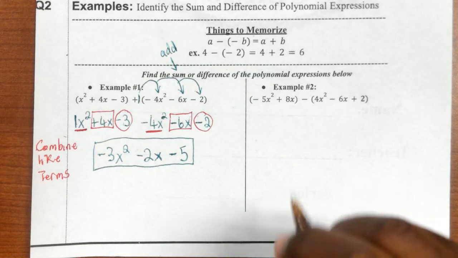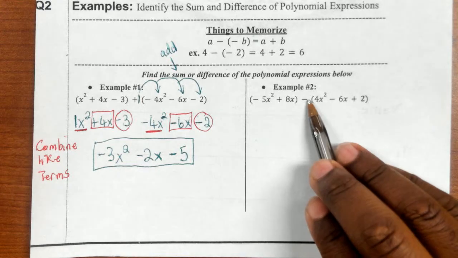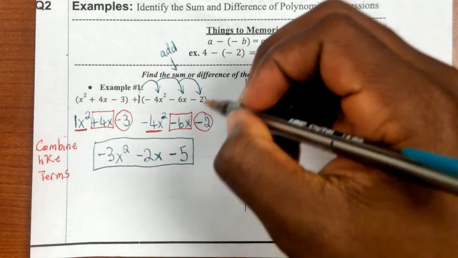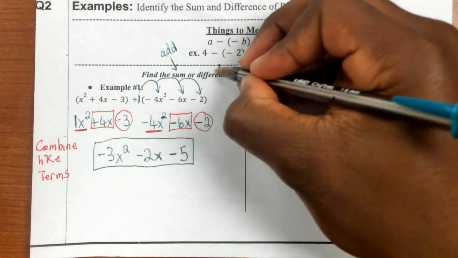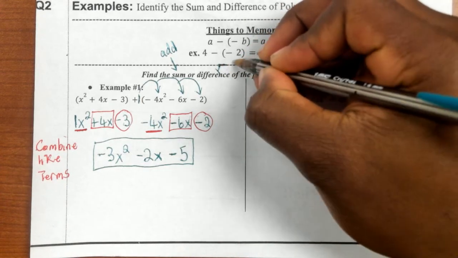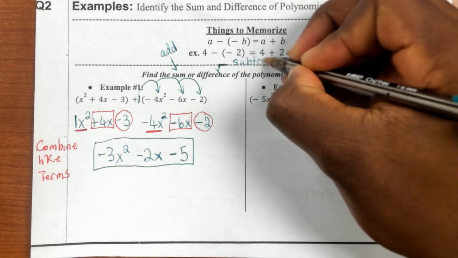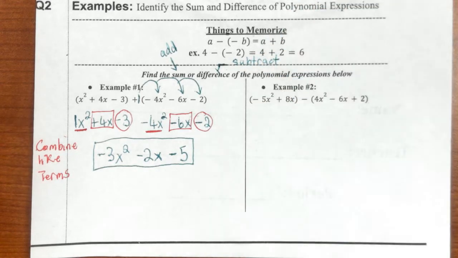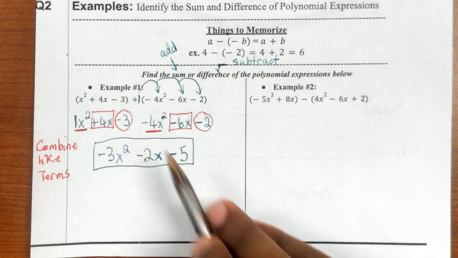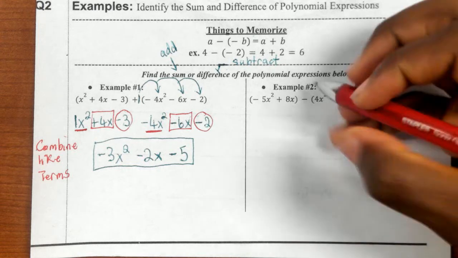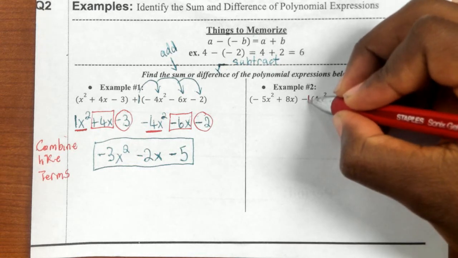So in this case, guys, we see that there's a negative sign in between, a subtraction sign, all right? That subtraction sign gives me a hint that I'm not doing sum, I'm doing difference, okay? So again, difference means I subtract. I'm going to do it the same way I did the previous question. But in this case, I'm not going to assume that there's a positive 1, but there's actually a negative 1